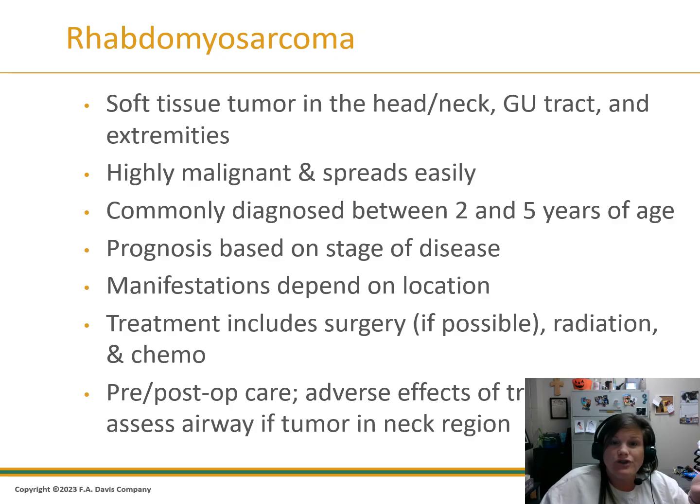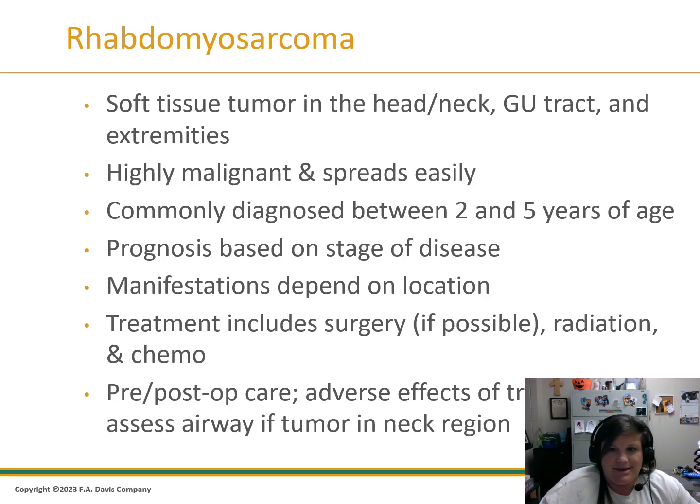If it's in the GU tract, then we would expect there to be urine changes, maybe even urinary obstruction, hematuria, so blood in the urine. You might be able to feel a palpable mass in those locations. And it can even be asymptomatic, especially if it's in the abdomen. For whatever reason, if that's its primary location, then a lot of times the patient will be asymptomatic until it